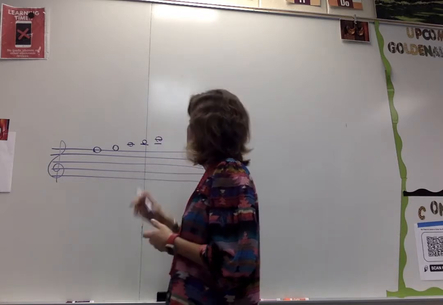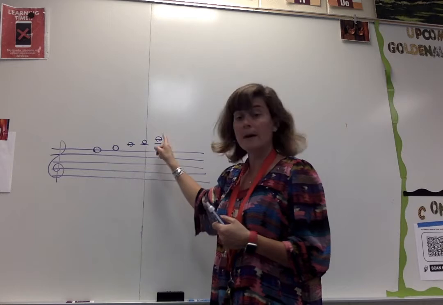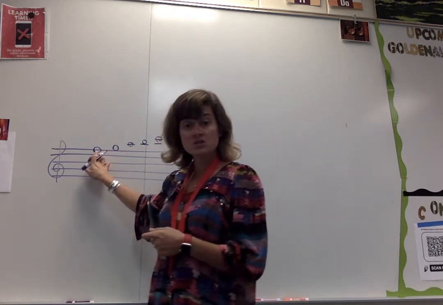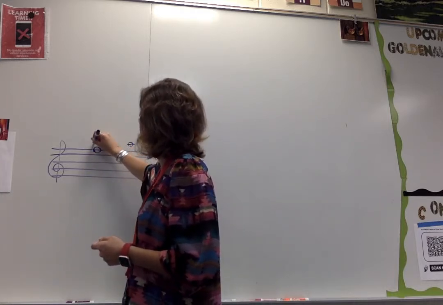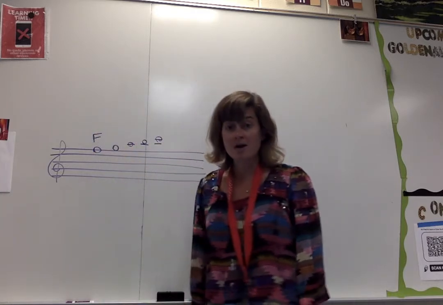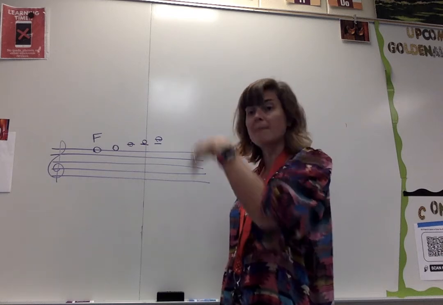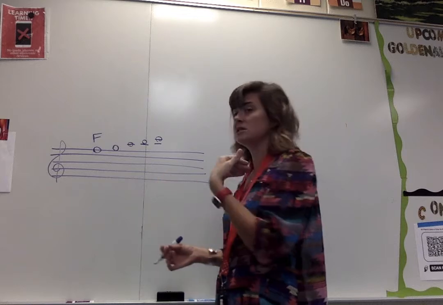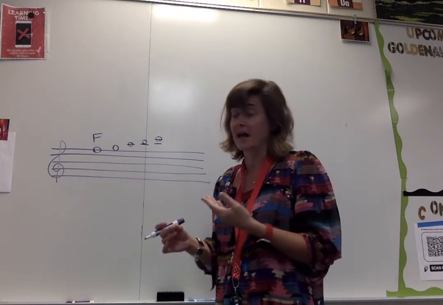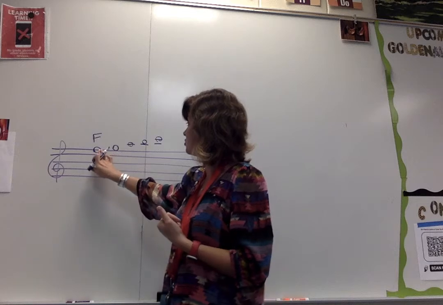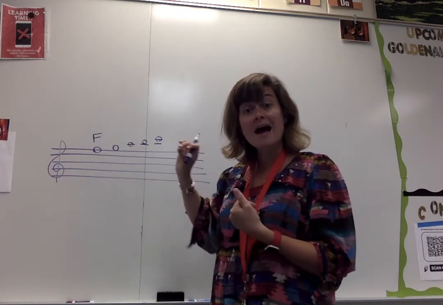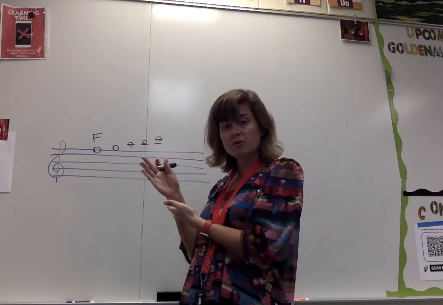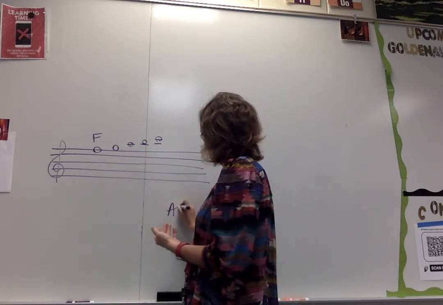Like that. All right? So notice that all of these are one step away from each other, right above the staff. We've already said that we know that this note right here is F. We know the top line is F. Notes always go in alphabetical order from the bottom to the top. So A, B, C, D, E, F, G, A, B, C, D, E, F, G. We just keep using those same letters over and over again. So if we know that this note on the top line is F, we know that the note one step higher than it is going to be one further letter on in the alphabet. So if you write out your alphabet,